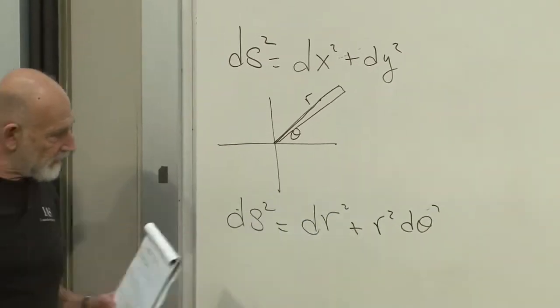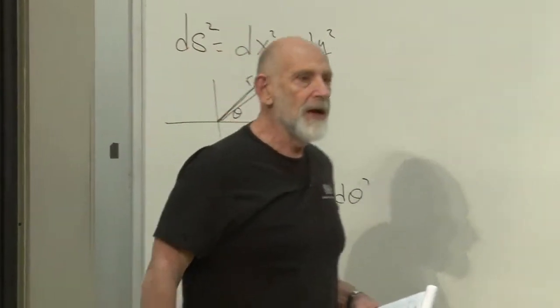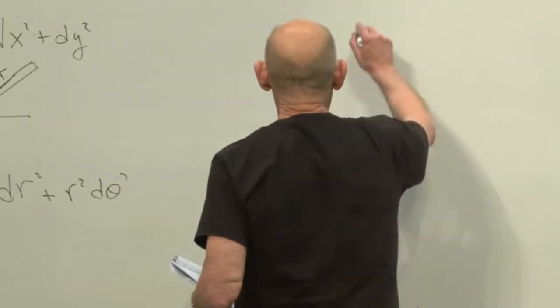We're going to invent a new term for d theta squared. What is d theta squared? D theta squared itself is a metric. It's a metric for a particular space. It's a metric for a circle. If I had a circle,